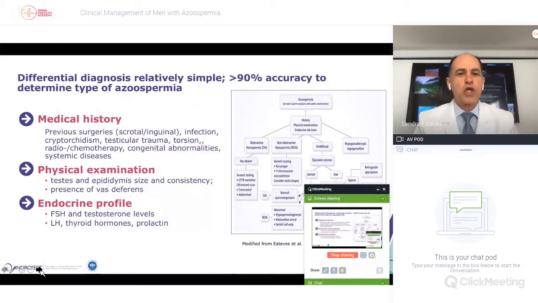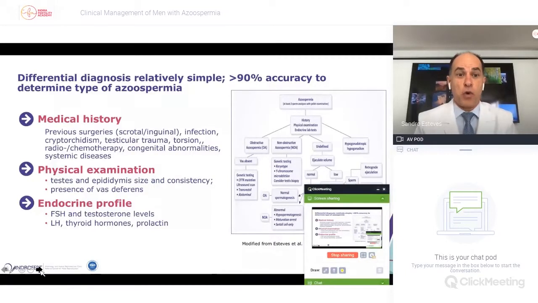The medical history could indicate if the patient has, for instance, cryptorchidism, mumps or orchitis, testicular trauma, torsion, that could indicate testicular failure. Some congenital abnormalities could also indicate the presence of obstructive azoospermia, for instance, some pulmonary infection that could be related to